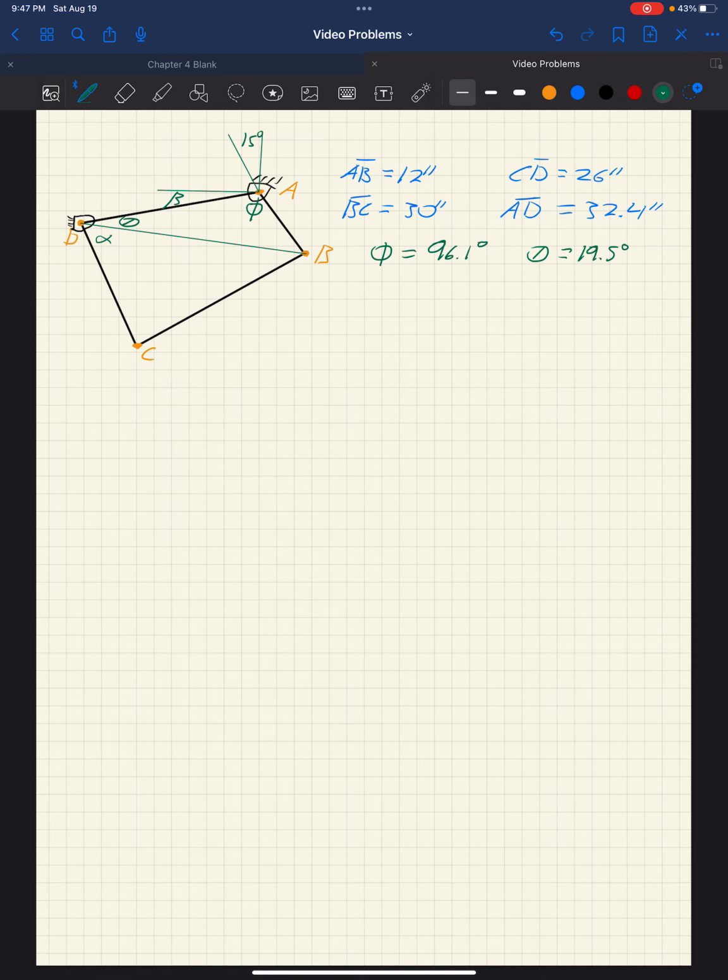Well, we have all three lengths on this triangle. So we can do some manipulating with the law of cosines, and we can say that alpha is equal to cosine inverse